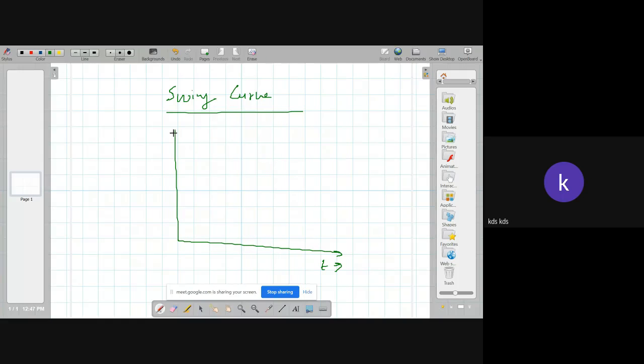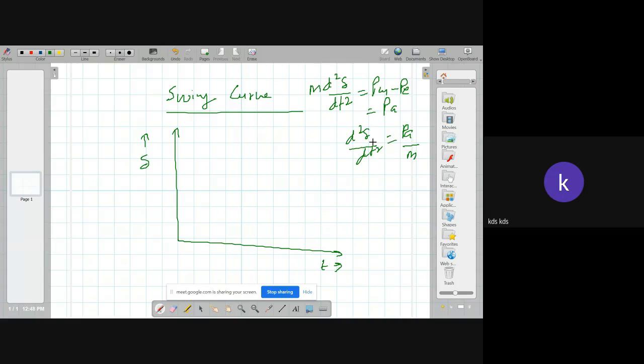From where this swing curve comes, the swing curve comes from the solution of the swing equation. M d square delta by dt square is equal to Pm minus Pe, which is nothing but the Pa. It can also be written as d square delta by dt square is equal to Pa by M. And then we have to use the double integration to solve the delta.